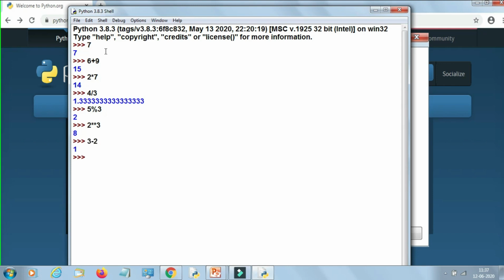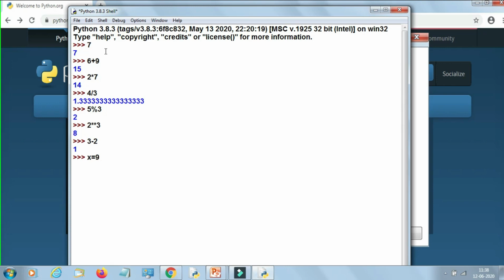Apart from that, you can also store some values in the form of variable names. So 9 is stored in your X. In Python, it's actually a little different from other languages like C, C++, Java. When you write this statement, it appears that the value of X has been initialized with 9. Every constant like 9 or 10 has a fixed address, and that address is being pointed to by this X variable. We will discuss that later on.